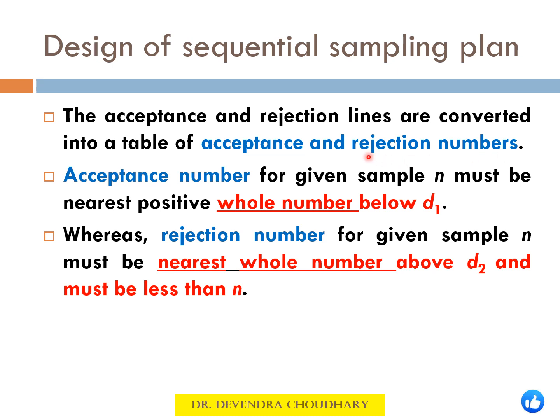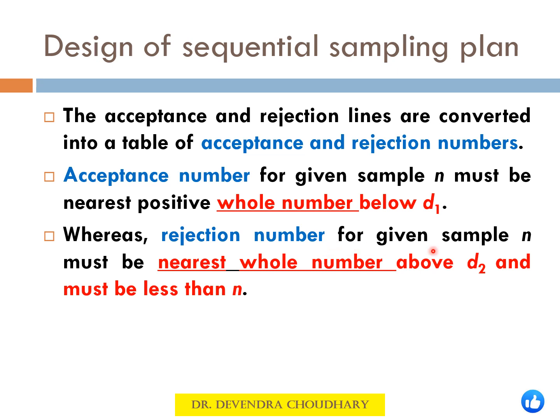For this conversion, you should keep in mind that the acceptance number for given sample n must be the nearest positive whole number. It should be a whole number below D1. So it cannot be a negative number. For rejection number